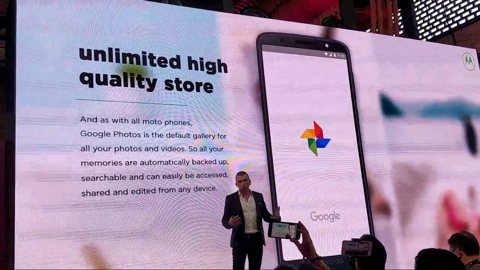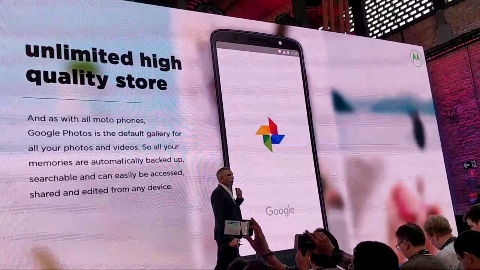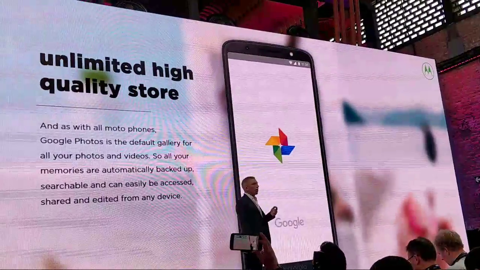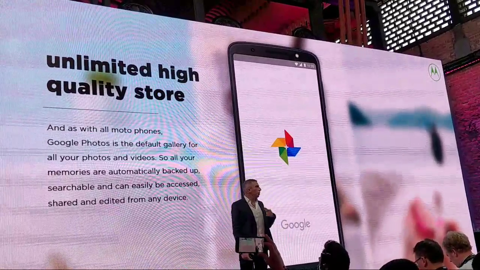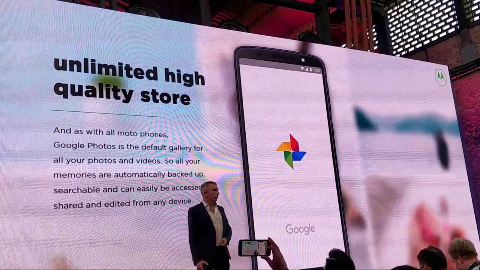Right off the bat, just using the phone. And we bet we're going to use that a lot. So we bet you're going to make a lot of pictures and a lot of videos. So there is one cool thing about our products. The default gallery player is Google Photo.